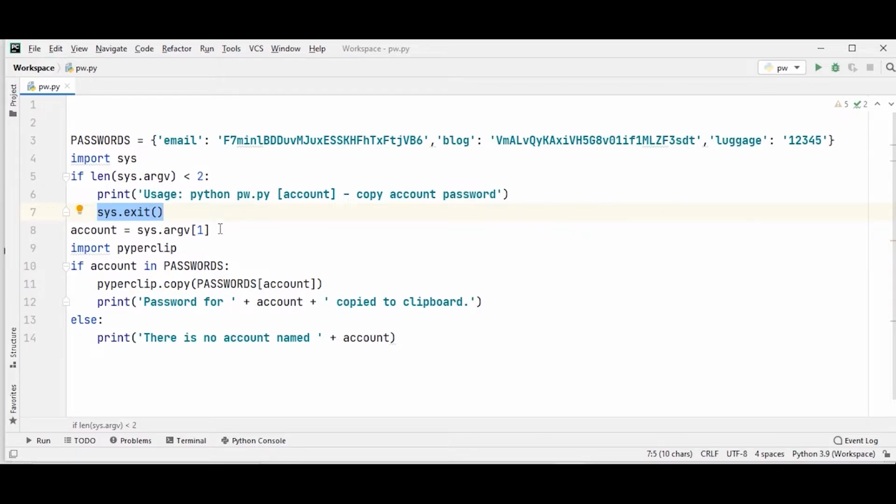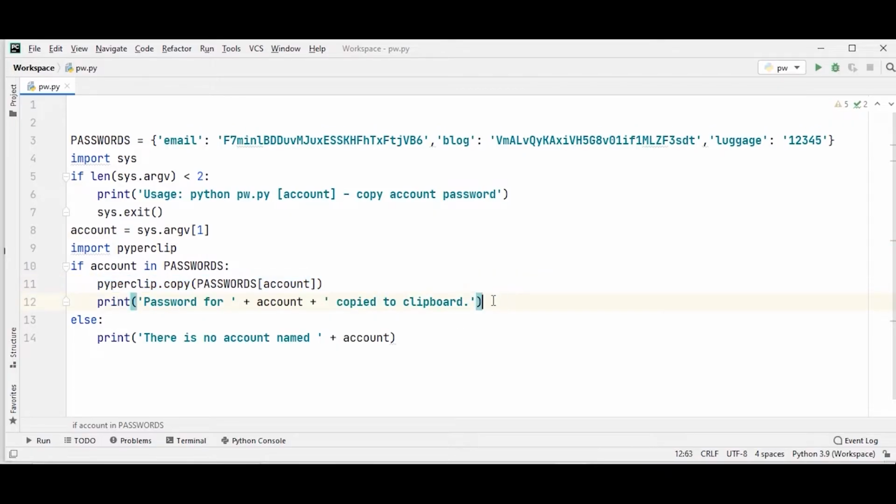Now I am updating the account by telling that one command has already been given by the user. Then I am importing pyperclip, and I'm checking if the account given by the user is available in passwords, then I am using the pyperclip.copy method and I'm copying the password to the clipboard.